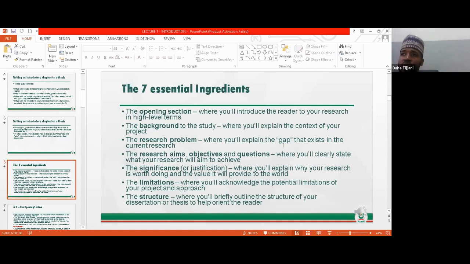Then you introduce the reader to the research problem or gap. What are the gaps you are trying to bridge? What are the gaps you are trying to fill in your research? Furthermore, you then need to give the research aims and objectives. Research aim and objective are two different things, they are not the same. Some people put them as one, but in research we have aims separately and we have objectives, and then the research questions, where you will clearly state each objective that you want to achieve, and at the end of your research you need to mention whether or not